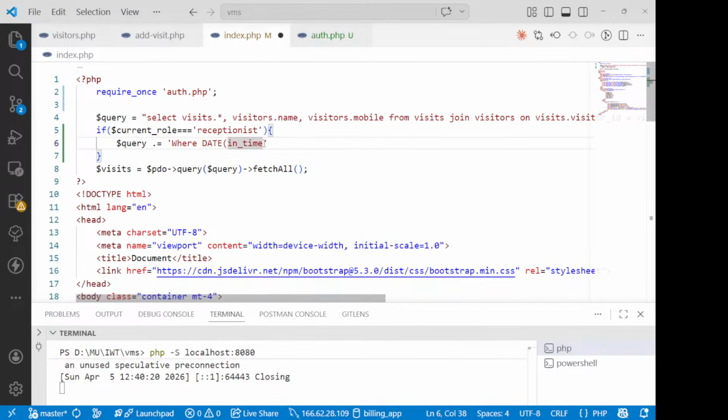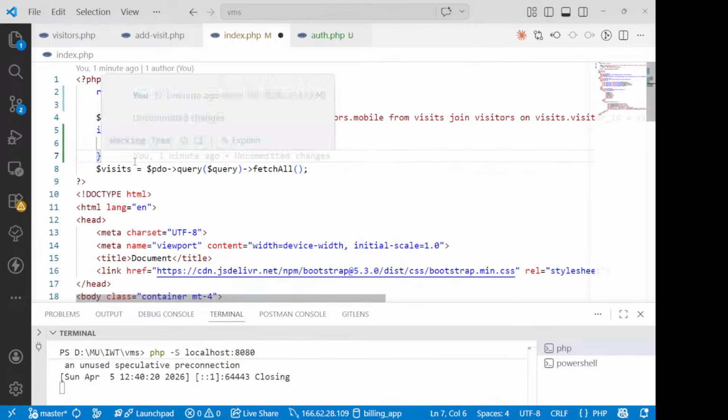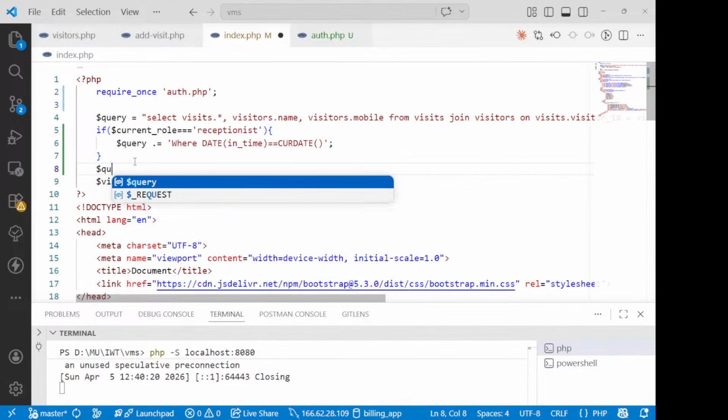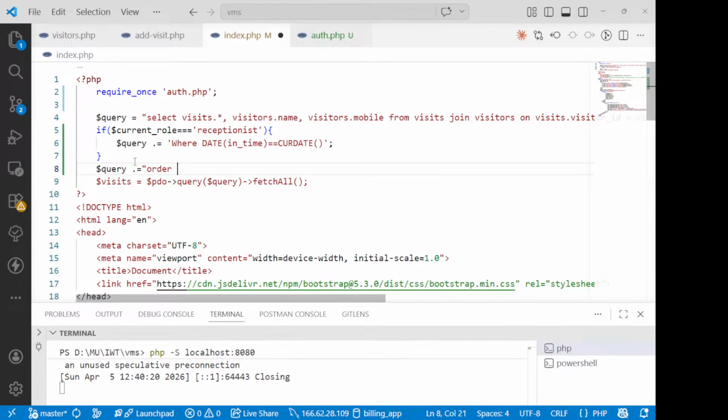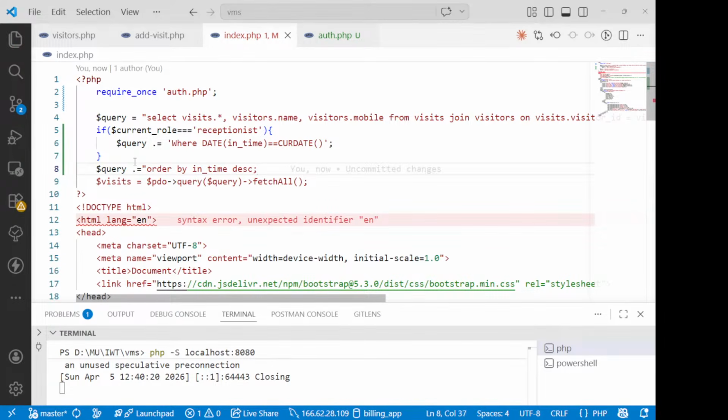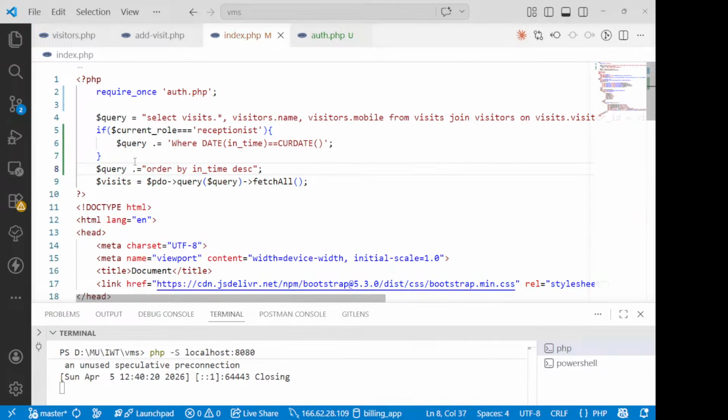एसक्यूएल के अंदर आपने ऑलरेडी पढ़ा होगा, इज इक्वल इक्वल CURDATE करंट डेट। अगर आज का डेट है तो ये करना है, अदरवाइज ये करना नहीं है। आप यहाँ पर सिंगल कोट डबल कोट भी लिख सकते हो। अदरवाइज इन अदर केसेस आई वांट टू अरेंज ऑल दी डेटा इन अ पर्टिकुलर फॉर्मेट, so let's say is equal to order by in_time, descending order, right। ये क्या हुआ, यहाँ पर मैं भूल गया हूँ कंप्लीट करना, ओके ग्रेट। तो ये आपका इंडेक्स पेज हो गया है, इंडेक्स पेज में हम जा रहे हैं।